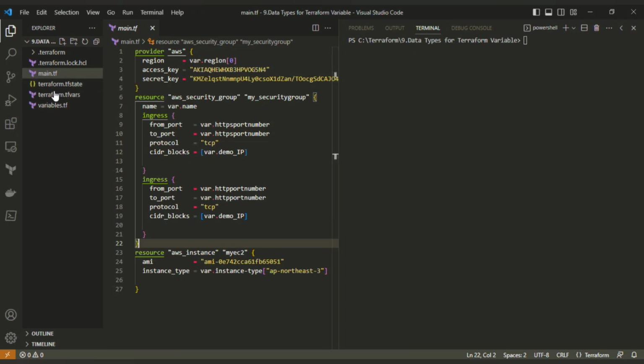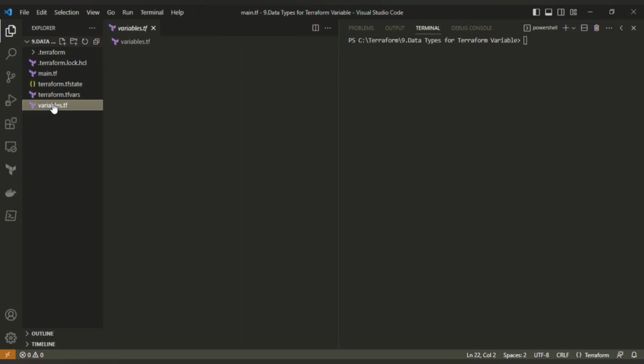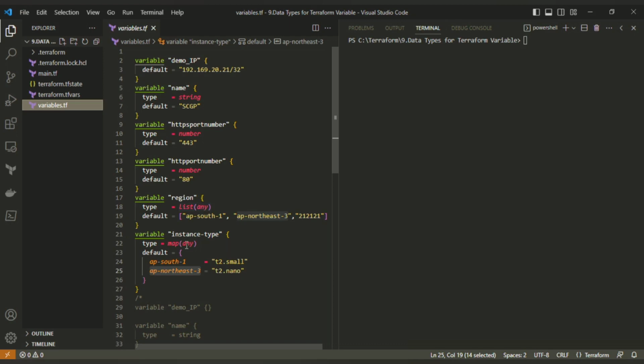So now I'll go back to my variable.tf file and here, in list, I will change any to number. Now you can see in the default values I have some string formats, not all numbers basically. So I'll save it, and in map also let me change it to number. Now let me run